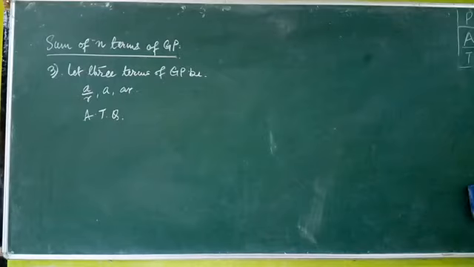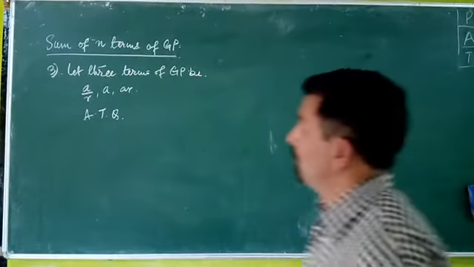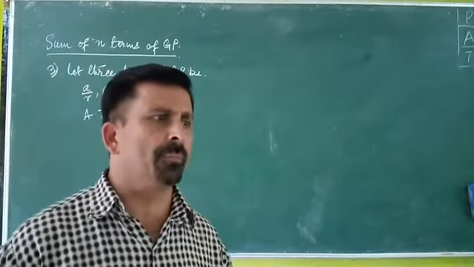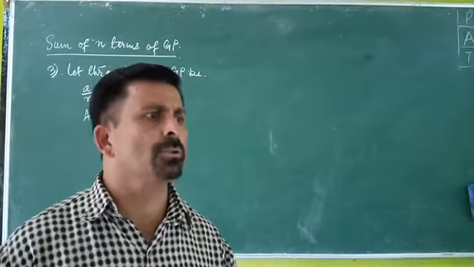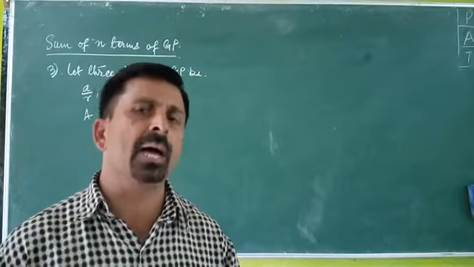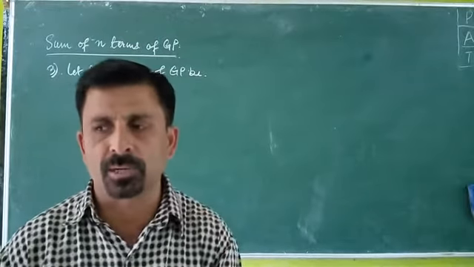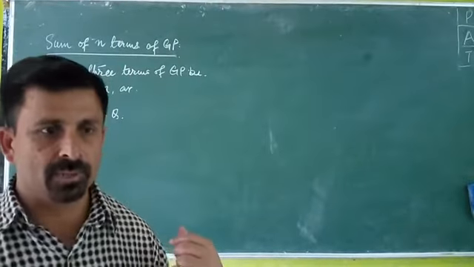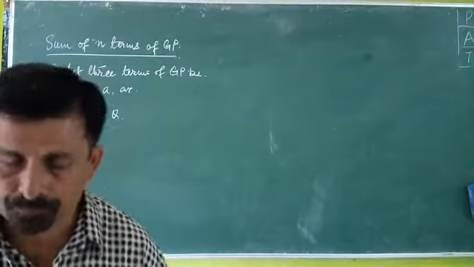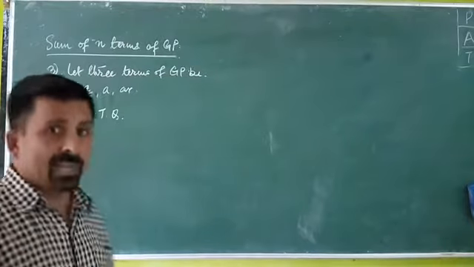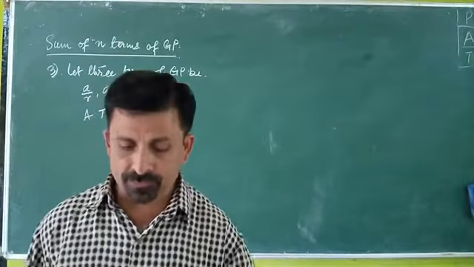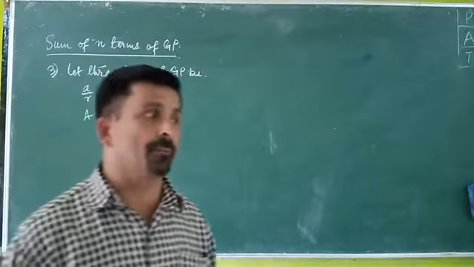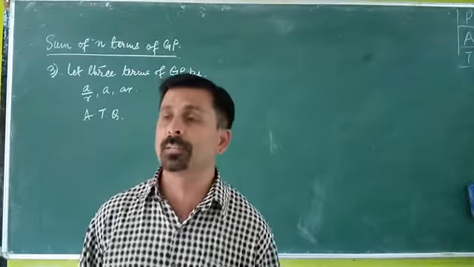Question number 3 is not very different from question number 1. It is very close to question number 1, but still I am doing it because there is a small twist in the question. And for that twist, I am taking this question. Is this okay? Yes, sir. I will tell you the twist a little later, but first of all, let me go with the first sentence of this question, which says that the product of these three terms of a GP is